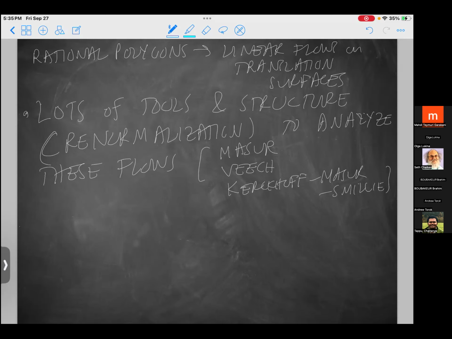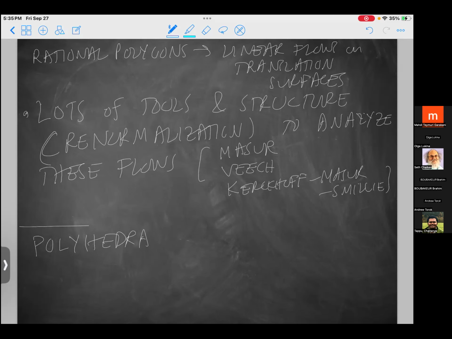Okay, so rational polygons are better to understand. So remember, we wanted to start with polyhedra. There, you could ask, is there some notion of rational polyhedra? And the answer is yes. And the generalization you'd want is that the group generated by reflections in the faces is finite modulo translations.